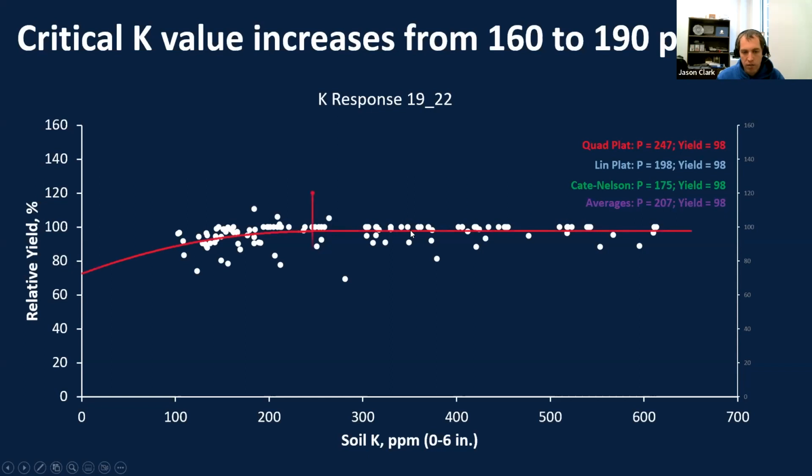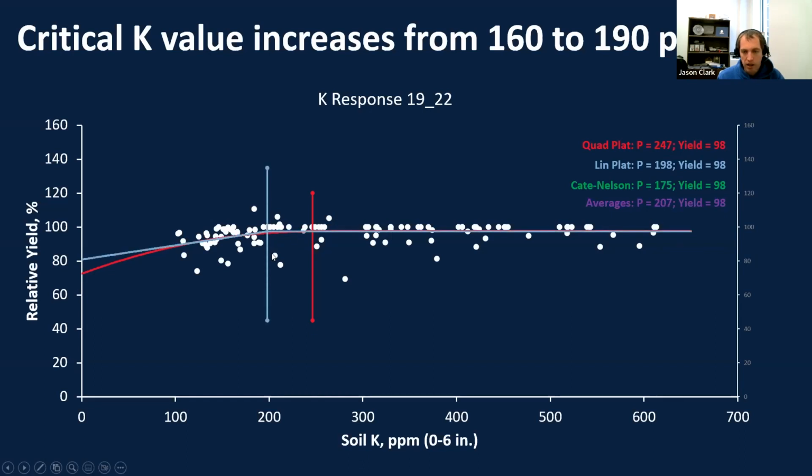So we can draw a few different models there. This quadratic plateau we talked about earlier tends to be a little bit far on the right. And you can see this about 240, which I would say is a little high. If we take off a percentage or two of what we want to hit, we're close over here to about 190. And I'll show you that in the table in a minute. It's probably a little bit more accurate because we don't change much between here and here, but that's a big increase in soil test level.